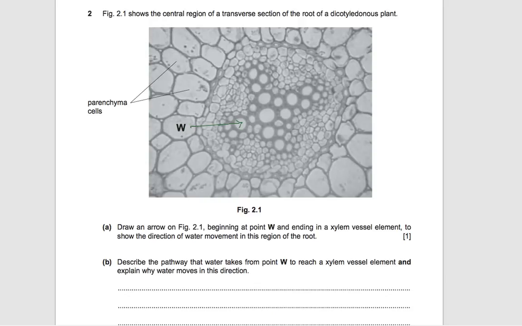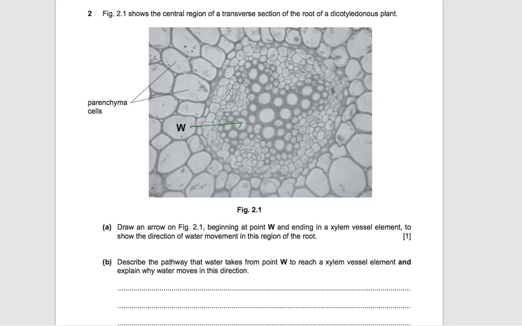And then describe the pathway that water takes from point W to reach a xylem vessel element, and explain why water moves in this direction. So from the soil to get to the xylem, there's actually two parallel pathways, the apoplastic and the symplastic pathway. The apoplastic pathway is sort of faster because it moves outside of the cytoplasmic region, so it moves through cell walls. However, it's limited in movement